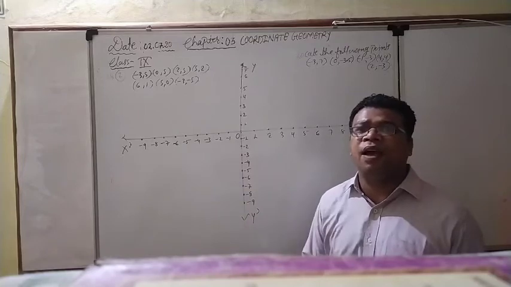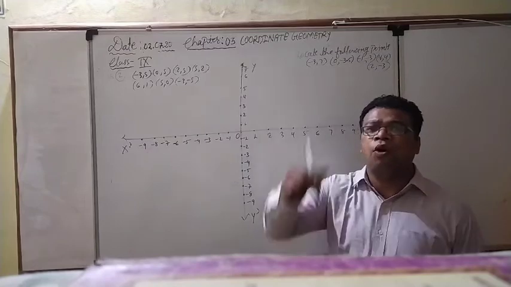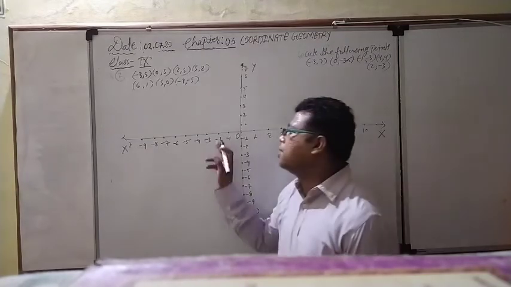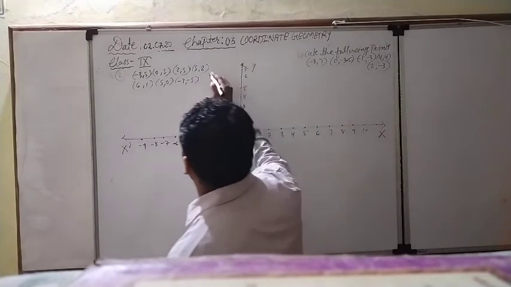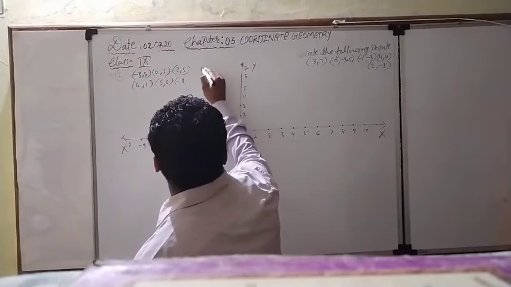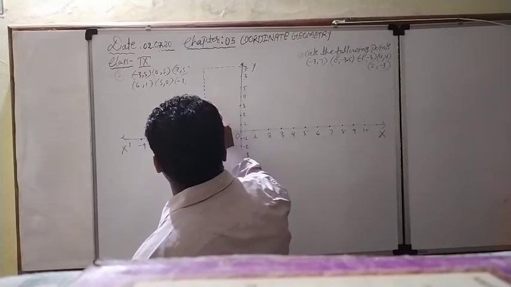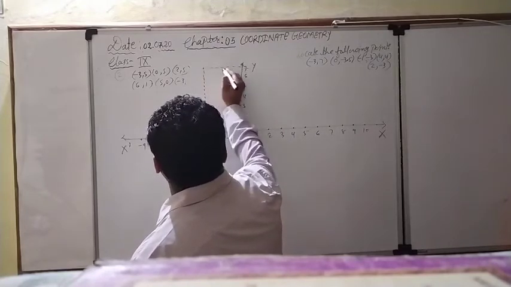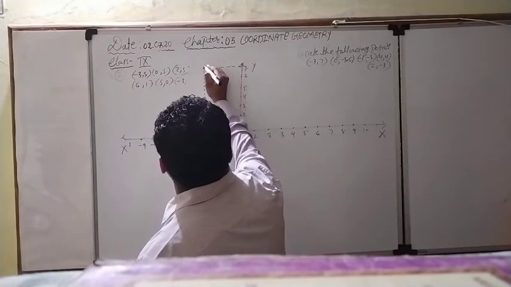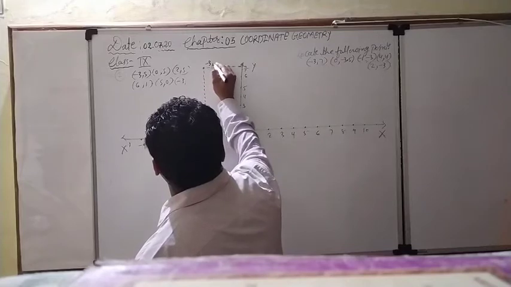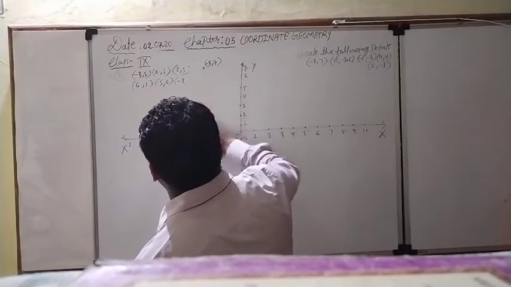For the x coordinate, we have to go horizontally along the x or x dash axis, and for the y coordinate, we have to go vertically. This is minus 3 and 7. 1, 2, 3, 4, 5, 6, 7. So what is the location? This is the minus 3 and this is the 7. With the help of a scale we have to do it. Right now I am doing it directly with the hand, but you have to take the help of a scale or ruler. So this is the location of the point minus 3, 7. After that we have to rub this particular dotted line.